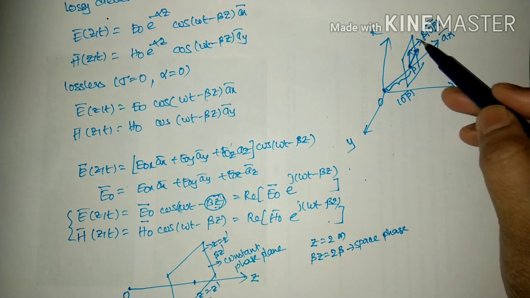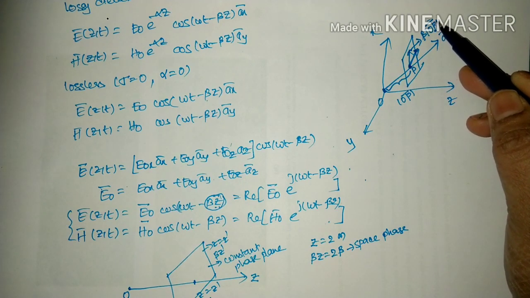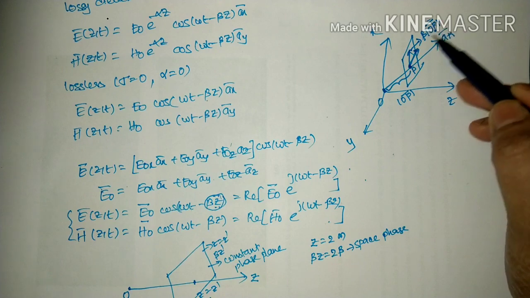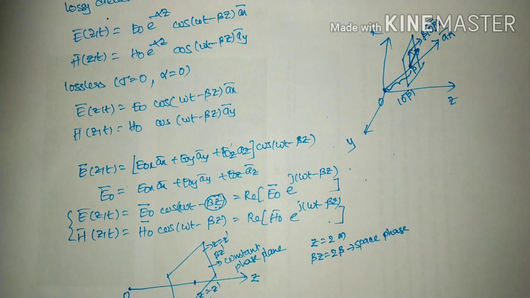So to know the variation of the phase along this direction, you should be able to represent the distance traveled, which is equal to mod OP into beta, and that will give the phase variation, meaning the space phase. If you know the space phase and the orientation of the electric field and magnetic field in any direction, you can easily represent the electromagnetic wave propagating in that direction. So with this knowledge, let us start deriving the mathematical expression for the electromagnetic wave propagating in an arbitrary direction.